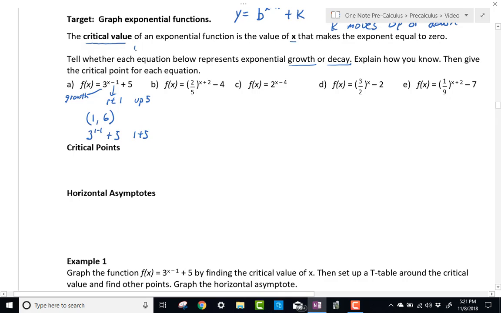So when b is greater than 1, the graph is growth,